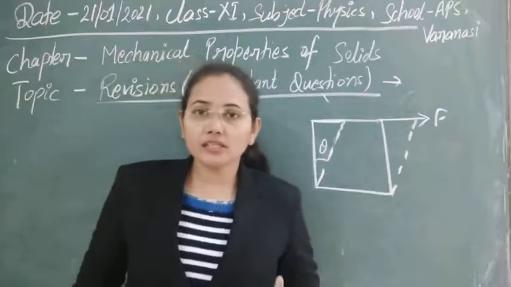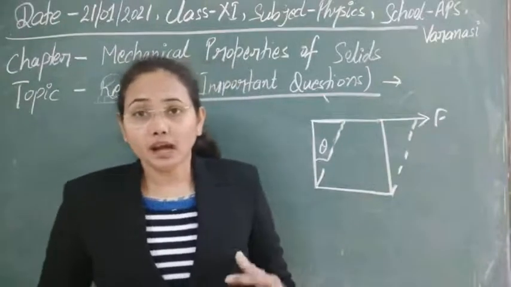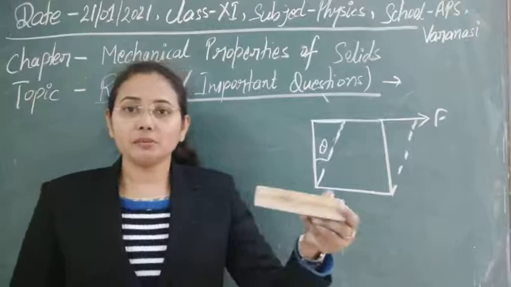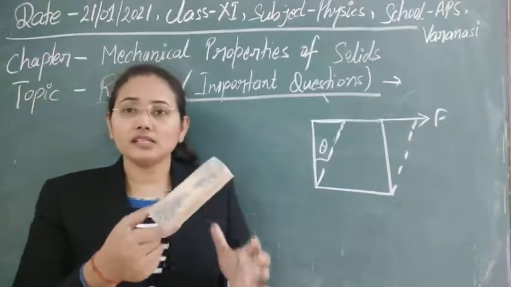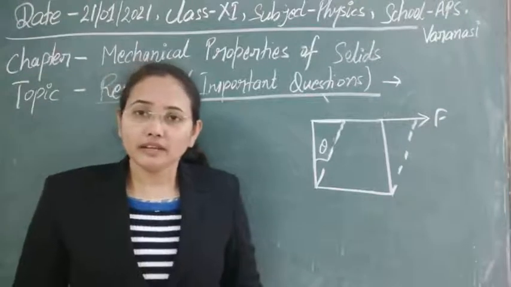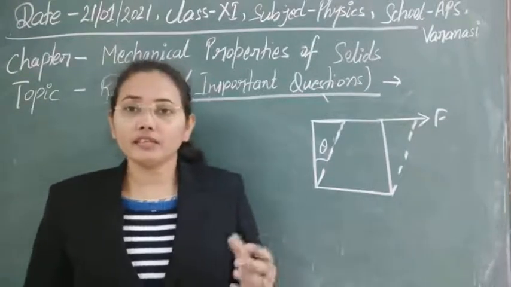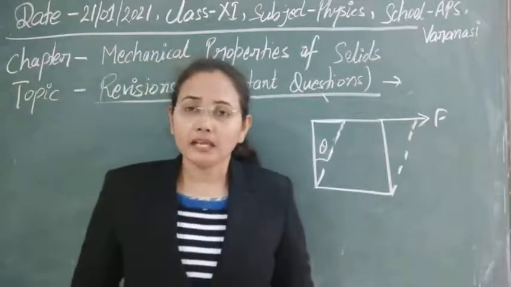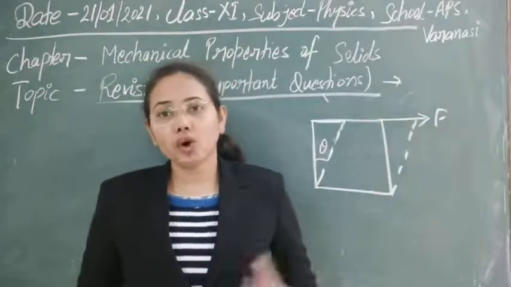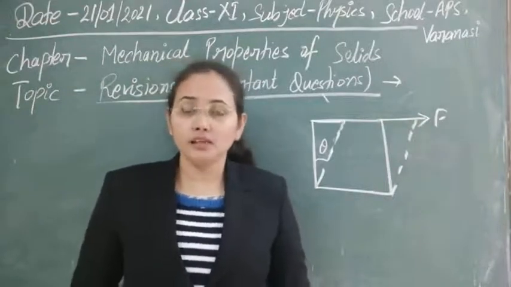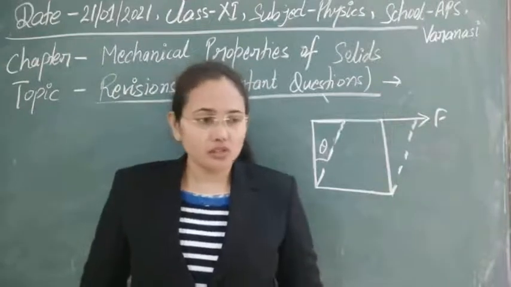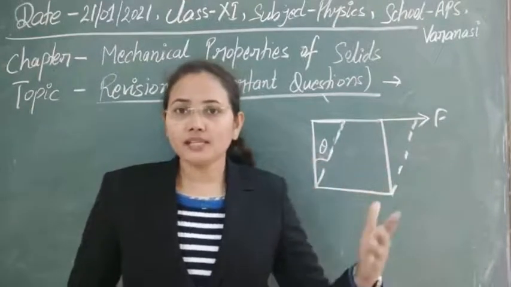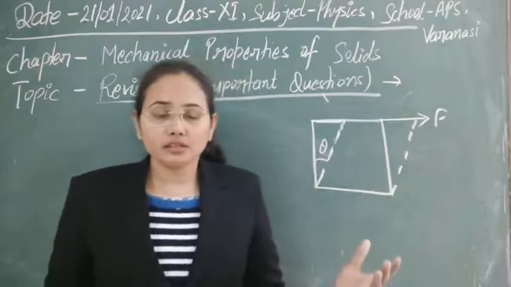It means how rigid the body is. Suppose this is a rigid body; if we apply a force on it, its shape does not distort. So if the modulus of rigidity of a material is greater, it means that we cannot distort its shape easily. We have to apply a lot of force to distort that shape. So that's why this knowledge helps us